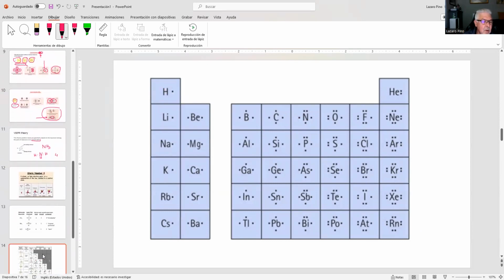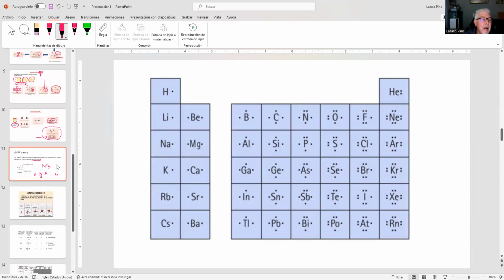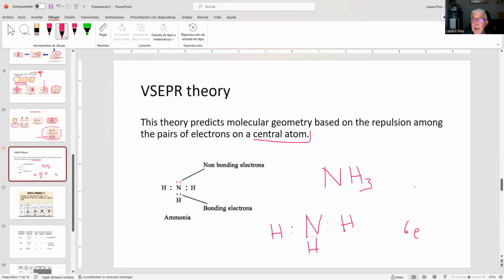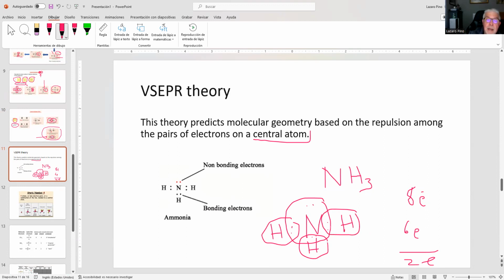So in this molecule, we have 8 valence electrons. How many more electrons do we have? Oh, we have 2 more electrons to represent. Where do we represent the electrons? Here, in order to get the octet for nitrogen and the duplet for every hydrogen,